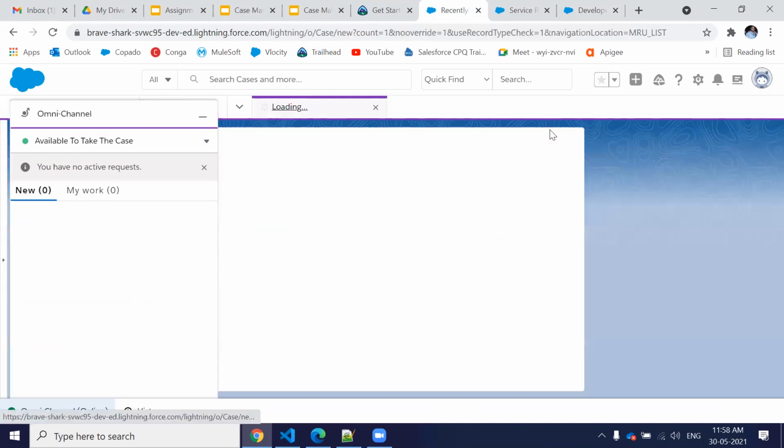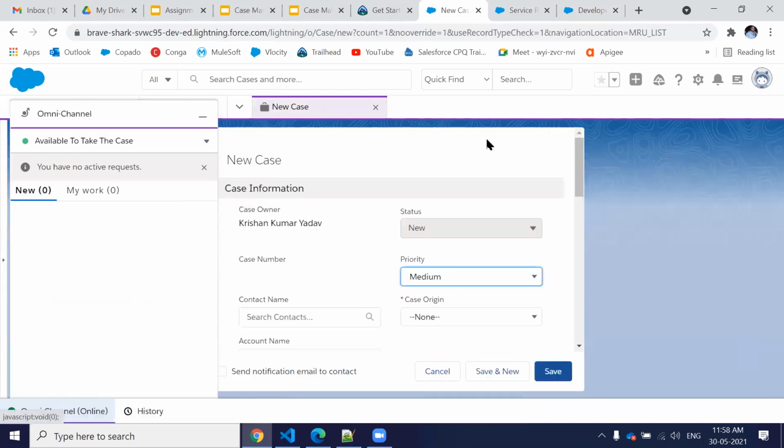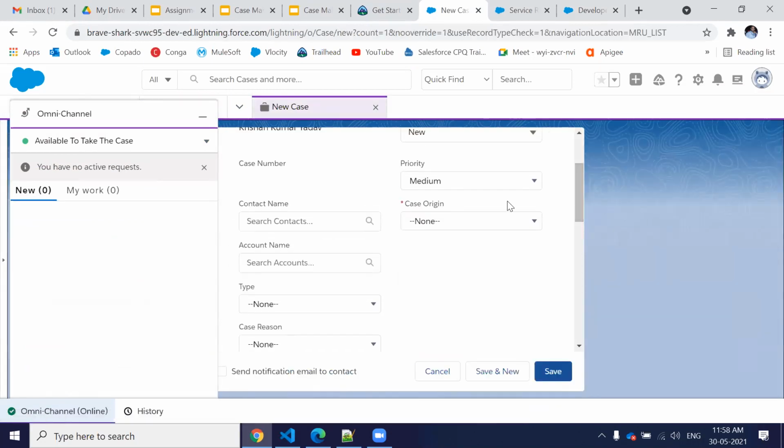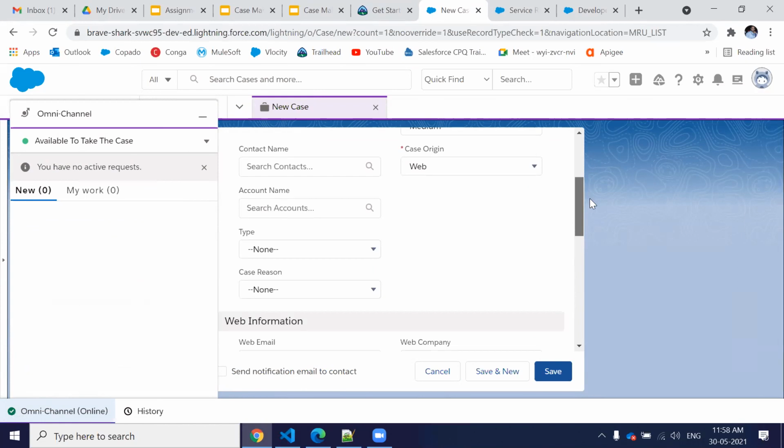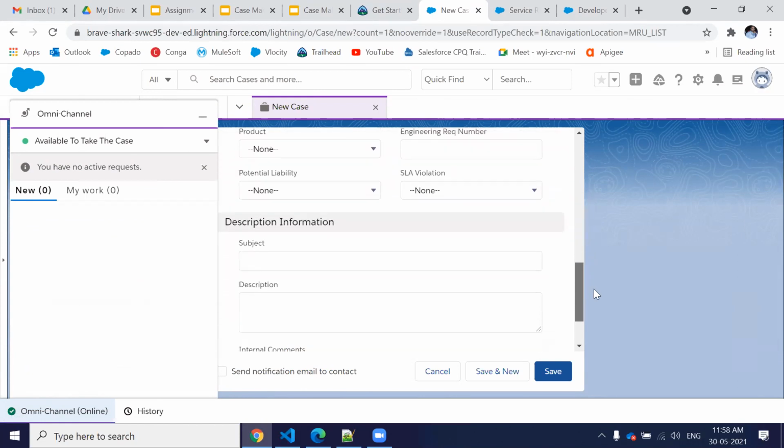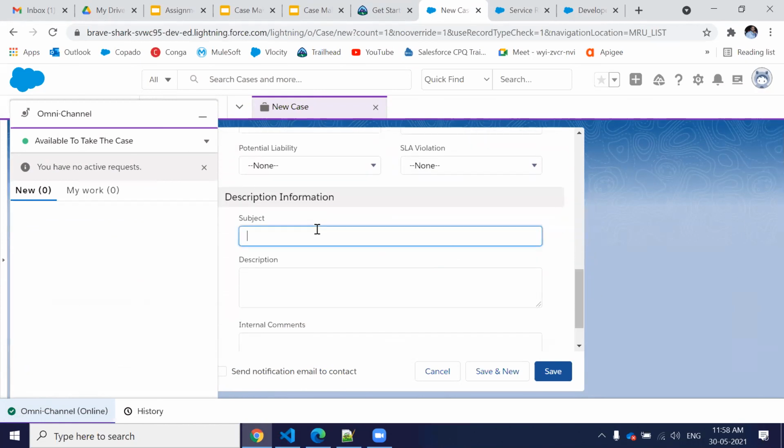I have created skills. Let's create a record here. My case is coming from the web, status is new, and let's provide the information. In my business logic, I'm checking whether my subject contains my skill label.